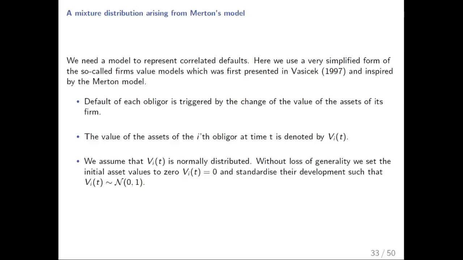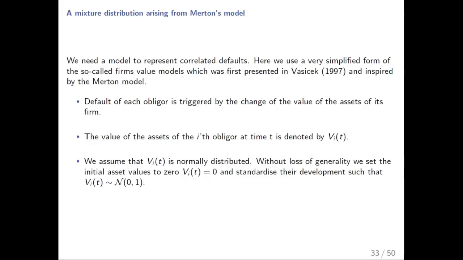And we're going to assume that the initial value of the assets is equal to 0. This should probably say V(t+1) or V(t+Δ), doesn't necessarily matter. It is normally distributed with mean 0 and variance 1. So we've subtracted the drift, and we've got rid of the volatility. So you can think about this as being,